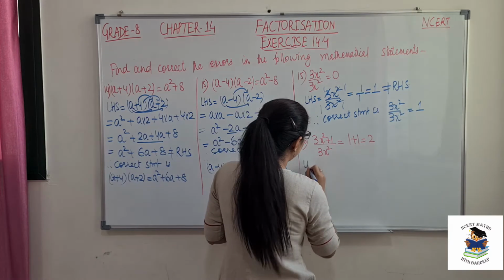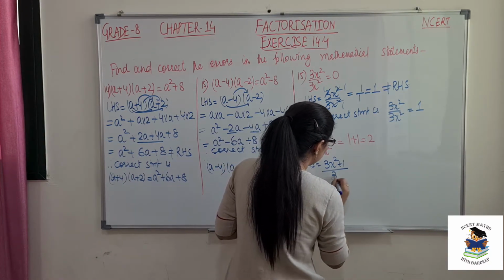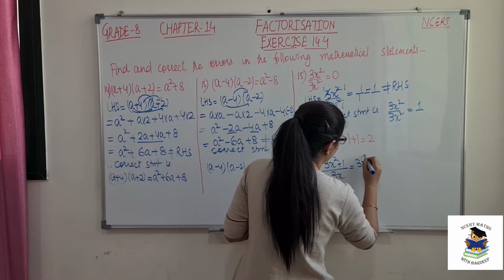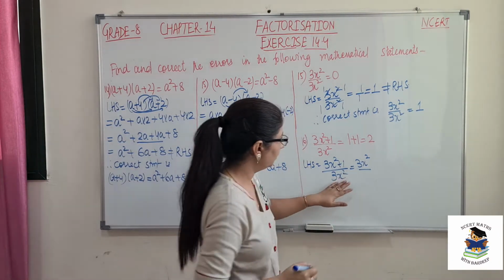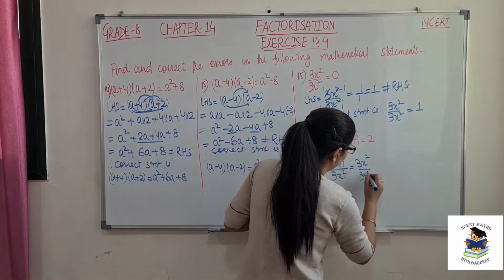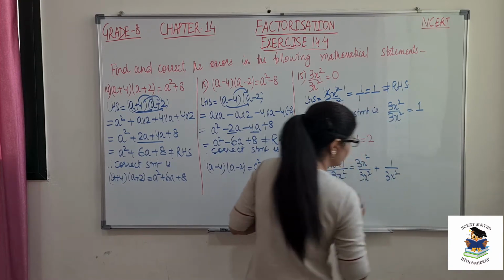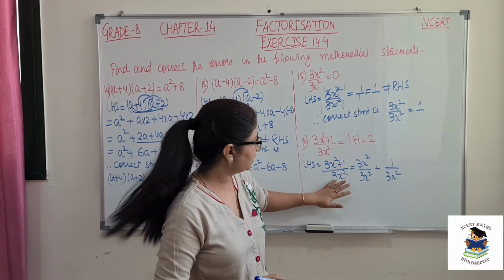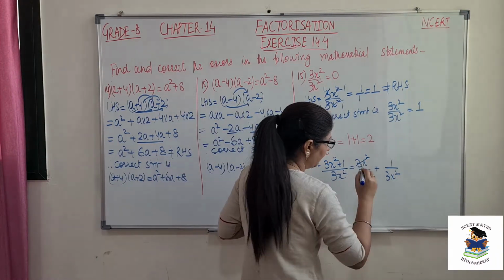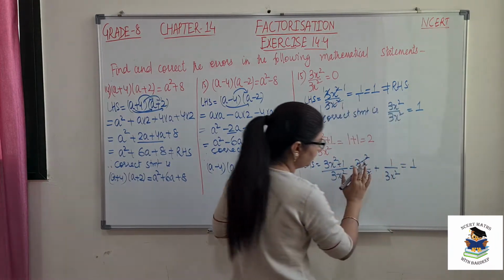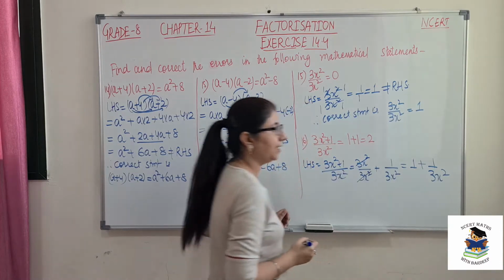So the left hand side is, this is the most common mistake that students will make. So this will be over 3x². For the first term, we split our numerator into each term and then write the denominator the same. Then we can cancel, and the answer is definitely 1 for the first term, and for the second term it will be 1 over 3x².